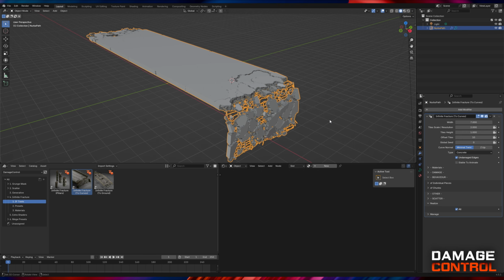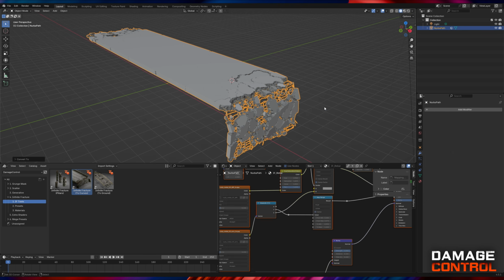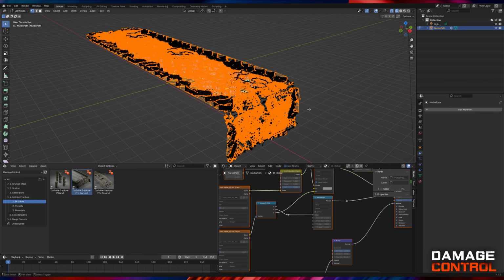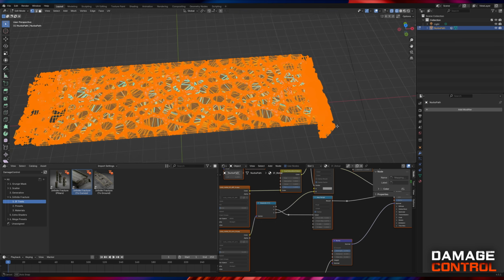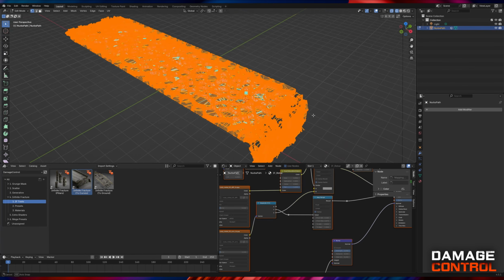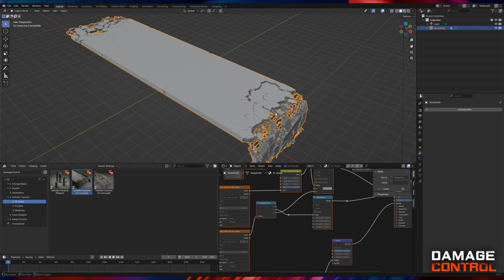So instead we need to convert the curve to mesh. Type in convert to and select mesh. Or you can find this option from the header menu under object and then convert. We have now applied the modifier, and as we can see there is a lot of extra geometry inside the